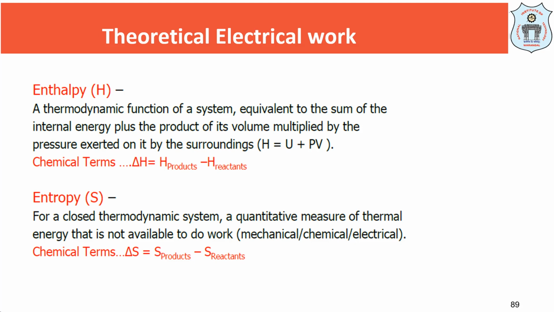Okay, so we have seen that delta Gibbs free energy is given by delta H minus T delta S. So this delta S is given by S of product minus S of reactants. What is our product here? Water. So S_f of water minus S_f of hydrogen plus S_f of oxygen will give us the delta S